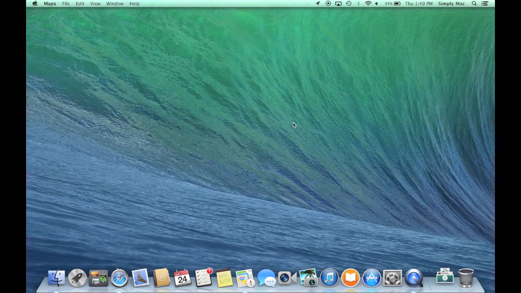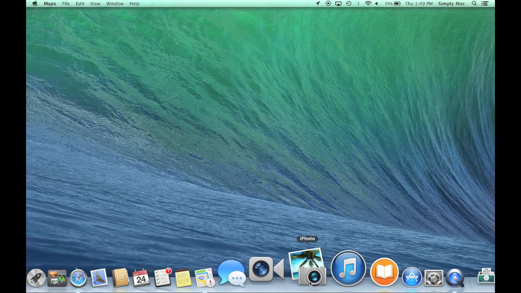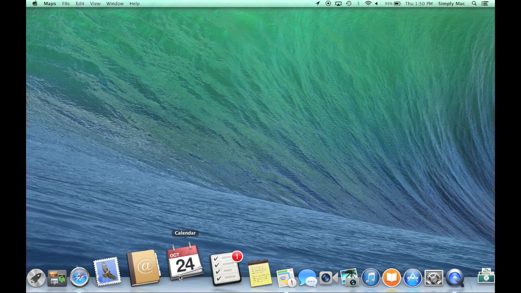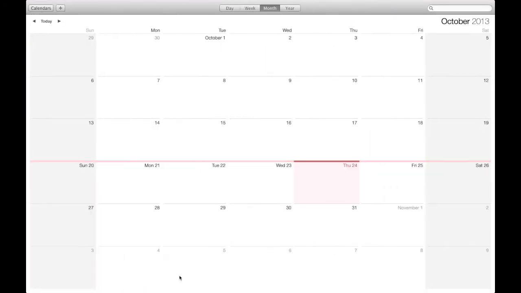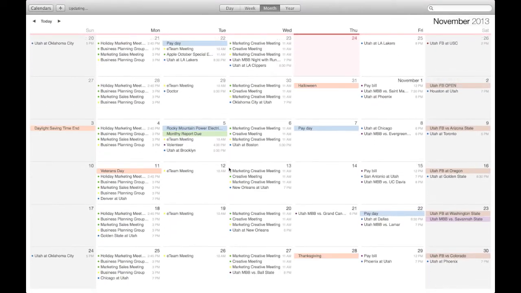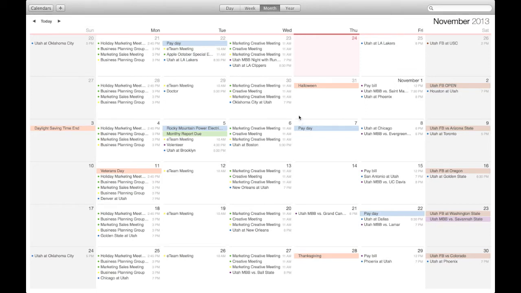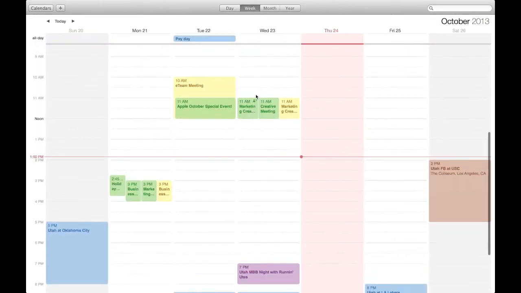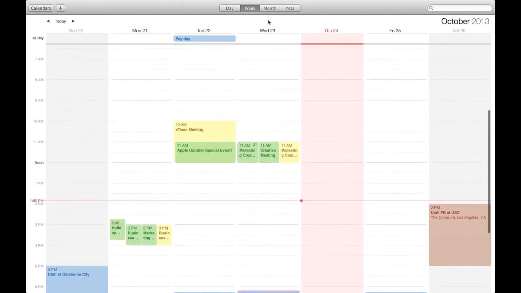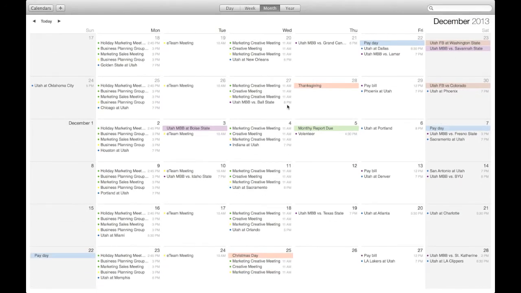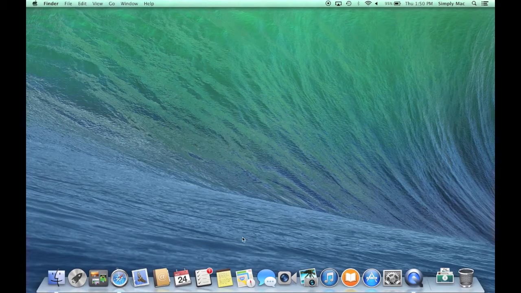With Mavericks, you also will get updated versions of iLife with iPhoto, GarageBand, and iMovie. You'll also notice updated looks with a couple apps that you may use all the time, specifically Calendar. Calendar gets a new view, where you don't have the skeuomorphic design of leather binding. It's now a much cleaner look, and whether you're in month view, week view, whatever, you can scroll really easily and see everything that's going on and jump from month to month really simply. So Calendar gets an update,